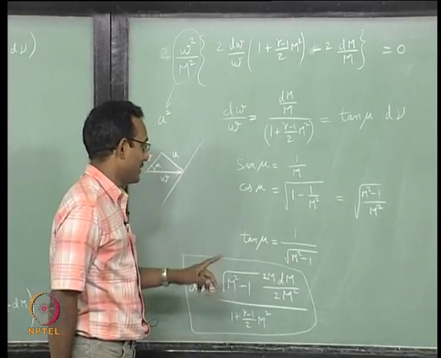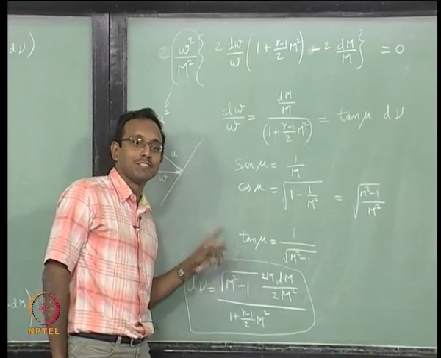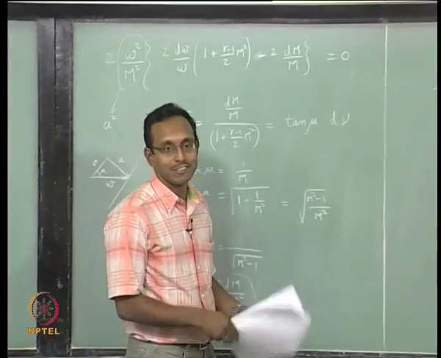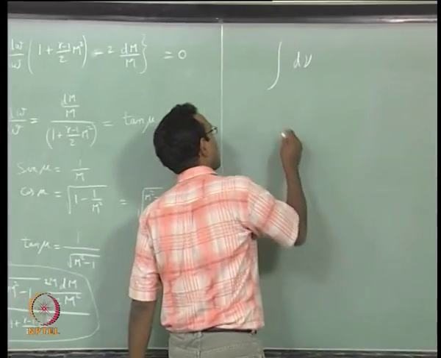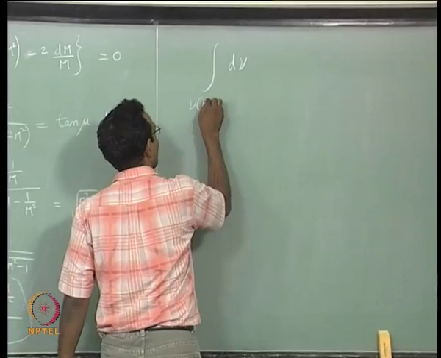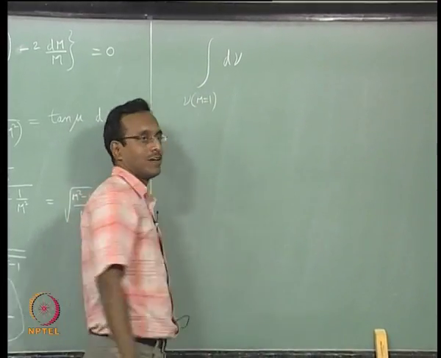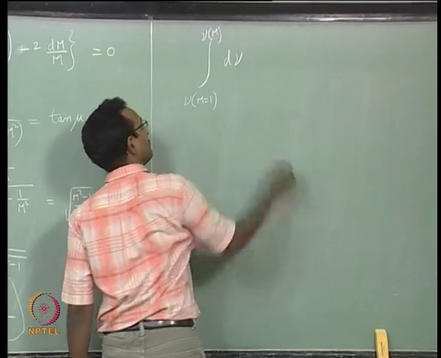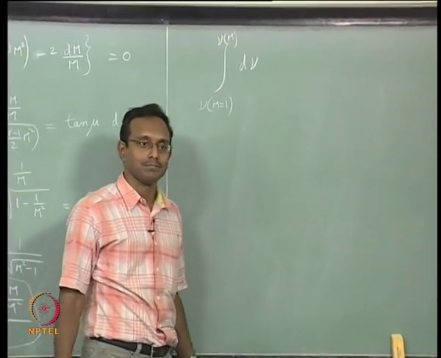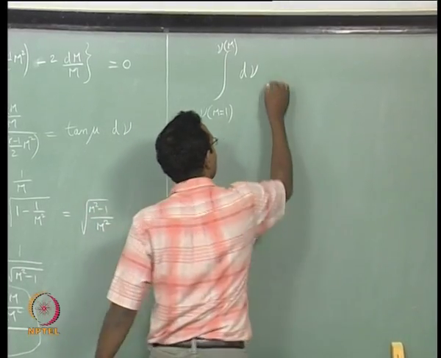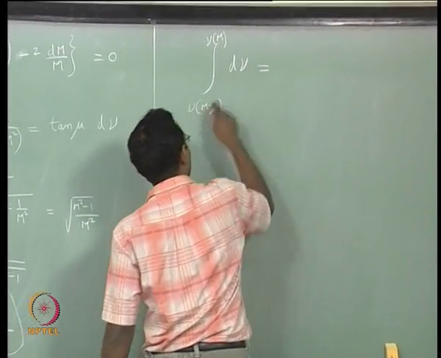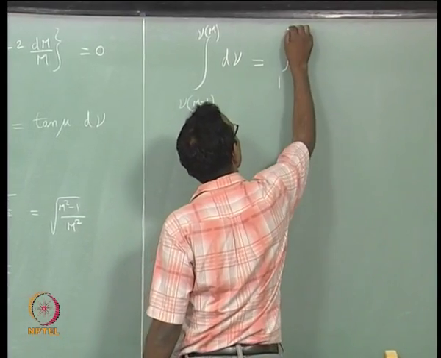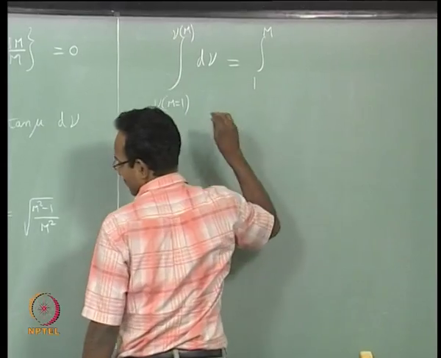Which being said, what is the least point where this function will work? M equal to 1. So I will pick that as my reference currently. So I am going to say nu of M equal to 1 is one side, and the other side will be nu of whatever value of M. Now this is the way I will integrate in nu. I do not know the values yet, we will figure out what to do. Other side I am going to integrate from 1 to M